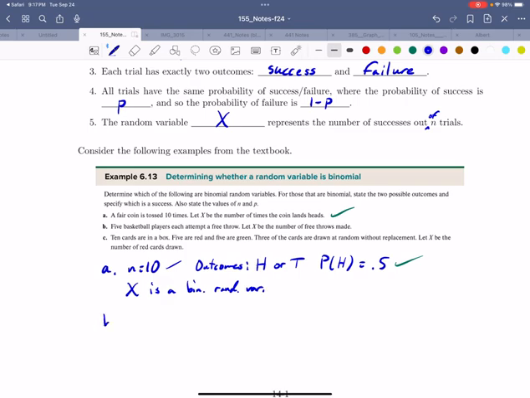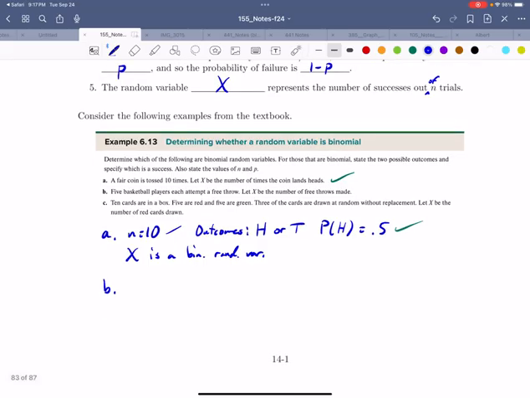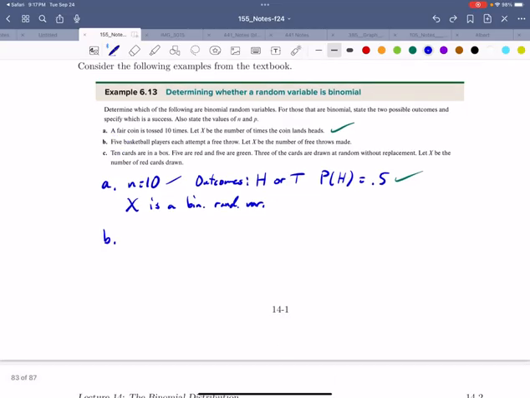Let's look at part B. Looks innocent enough. 5 basketball players each attempt a free throw. Let X be the number of free throws made. Let's pause that one, see if you can get that. Are you thinking it's yes? Turns out the answer is no. Maybe pause it for another 10 seconds. Think about why. The reason is because 5 basketball players, all of whom might have very different skill levels, are attempting a free throw. So,